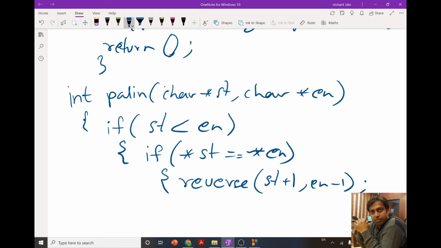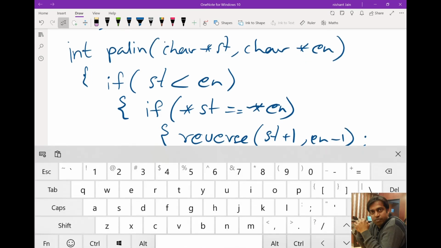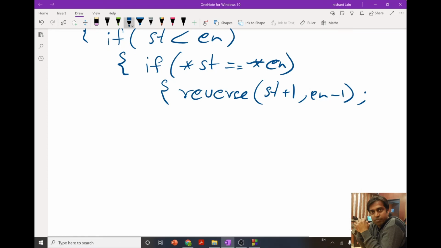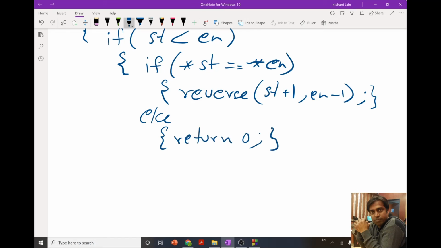And if they are not equal, then we are going to return 0. Means immediately if we get any pair which is not equal, then we are going to return 0. And over here, return 1.